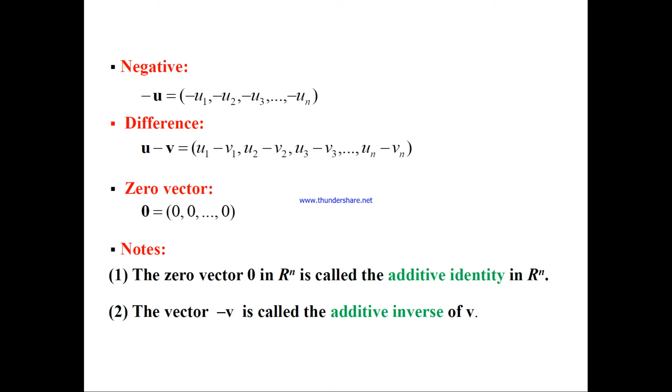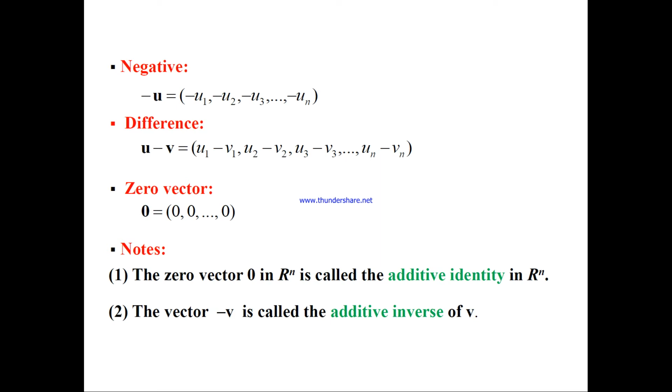When I want to subtract two different vectors u and v, we have seen that in addition the components get added based on the position. Here also in the difference, the components of the vectors will get subtracted based on the position. So u1 gets subtracted with v1, u2 with v2, u3 with v3, and so on, un with vn. So that is how the difference of two different vectors will happen. Now a zero vector is also a vector, keep that in mind. A zero vector will have all its n components equal to 0. That is the zero vector.